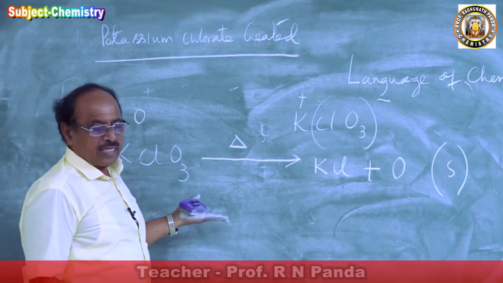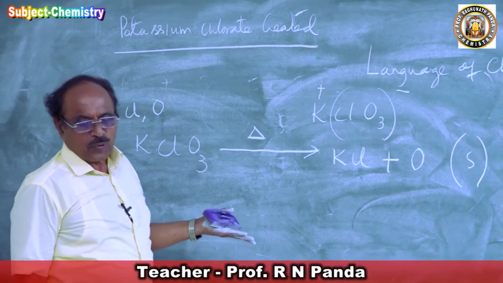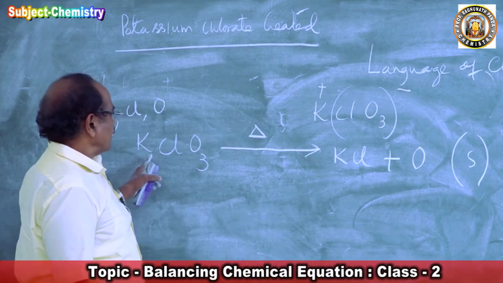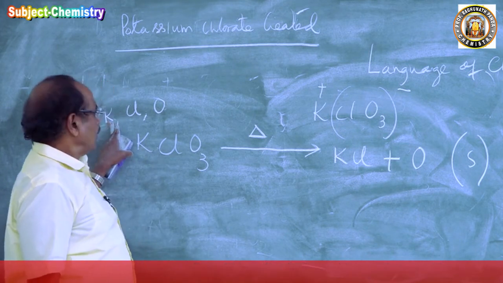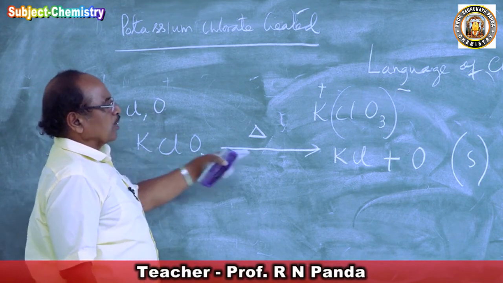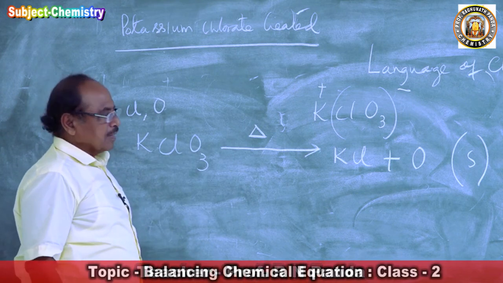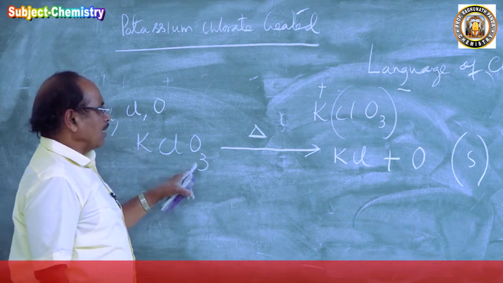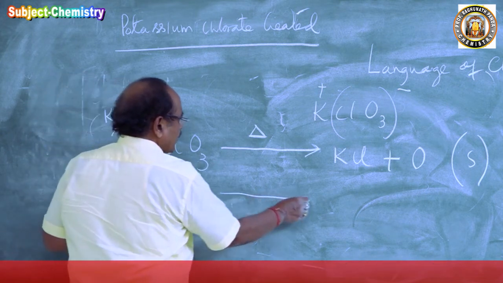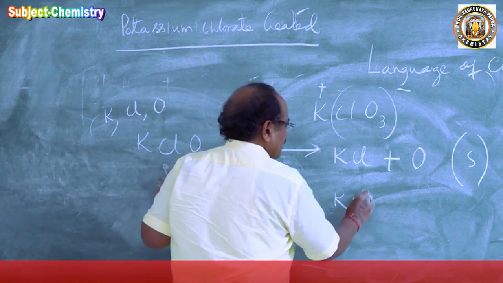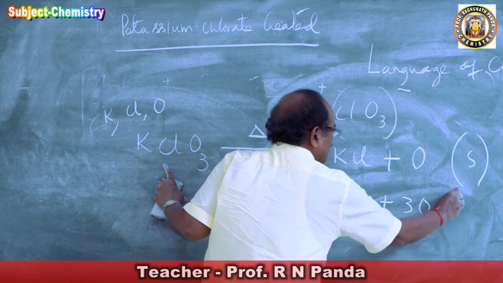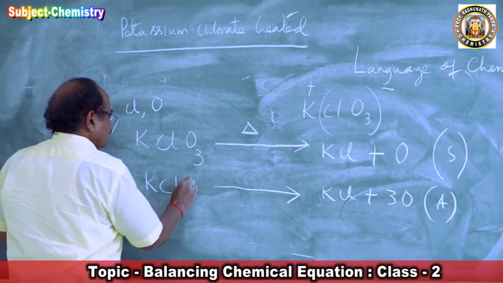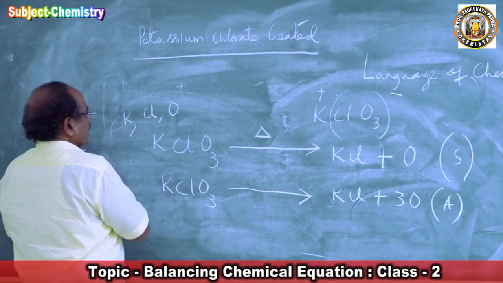So what does the rule say? Write down the reactants and products by their chemical symbols or formulae. Potassium is positive, chlorine is negative, oxygen is negative. We got potassium chloride and oxygen. Now we'll make it atomic. This is a skeleton equation. Then I will make it an atomic equation. How many oxygen atoms are here? 3. So KCl remains. I will make this 3O. This is the atomic equation, and this is KClO3. I got my atomic equation now.